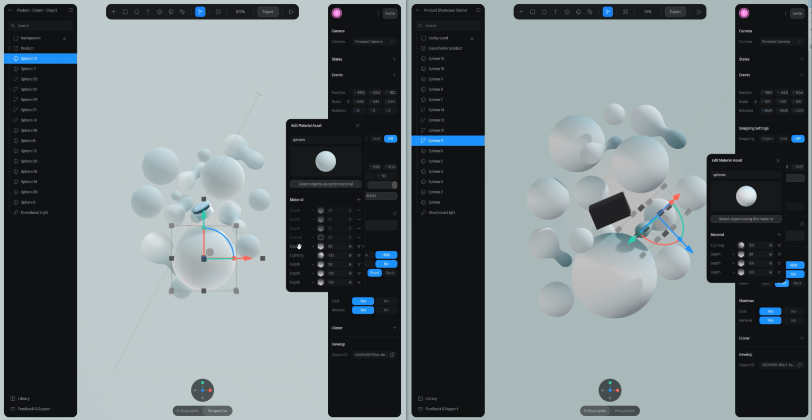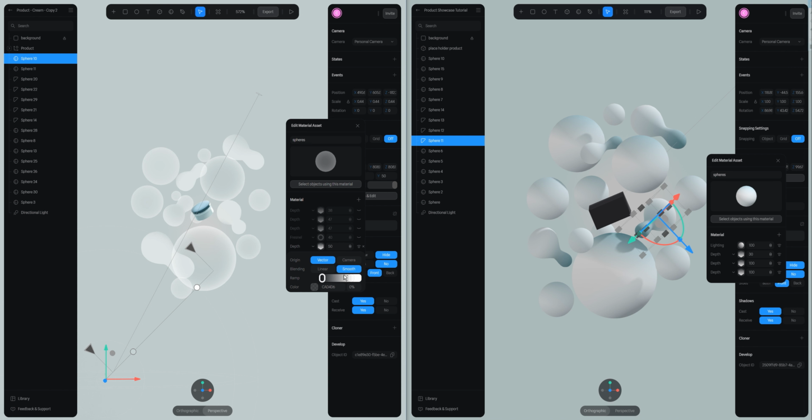So this depth layer is almost the same as a Fresnel, and so I'm going to remove this so you are going to see. So it's transparent in the middle and it's white on the border. So I'm going to do the same,